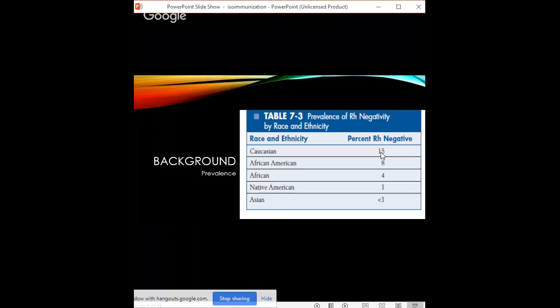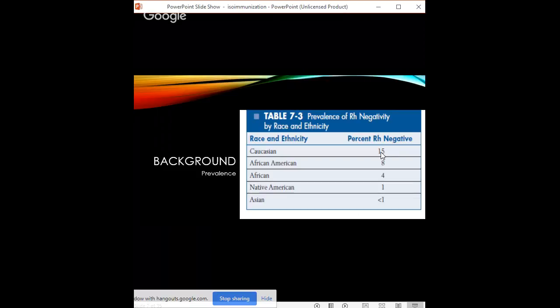Then we have the African American and African populations with 8% and 4% respectively. This is also similar to the values in Barbados of 4 to 6% prevalence, and this is taken from